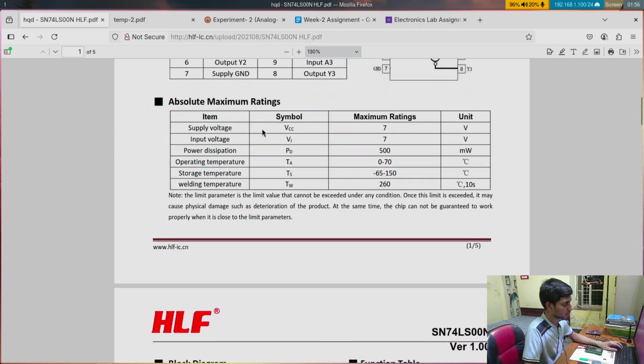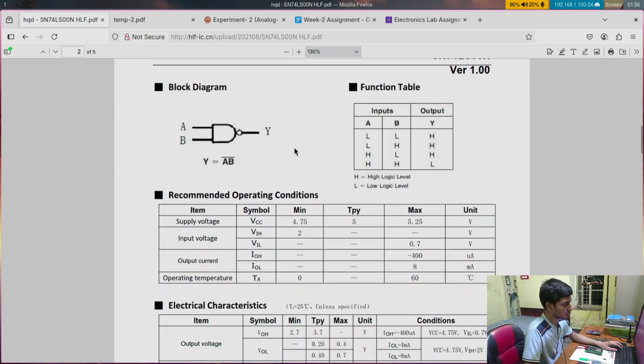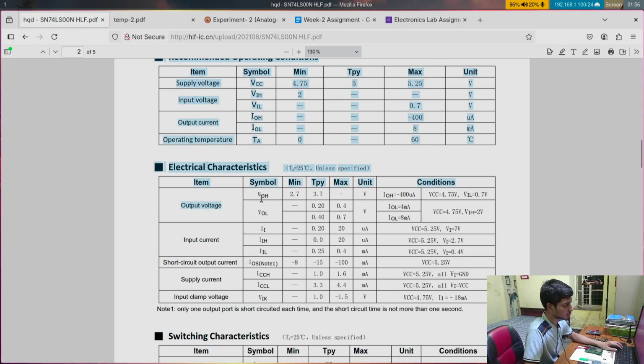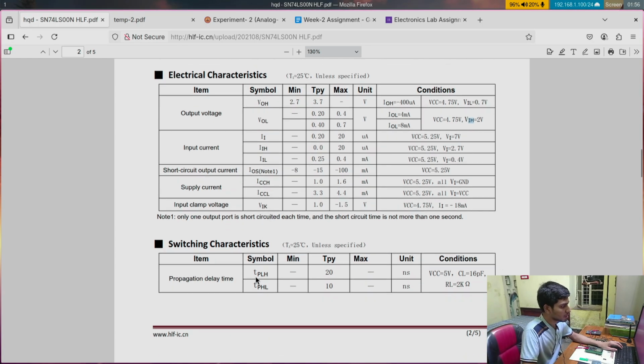Few important details are given here. So this is the VCC, VOH, VOL, VIL, VIH, which we have already seen in our theory classes, and also the propagation delays TPLH and TPHL. We also have seen these. So the propagation delays are in the nanosecond range, and this is important in this experiment for me, because the